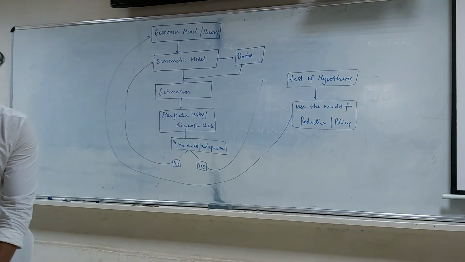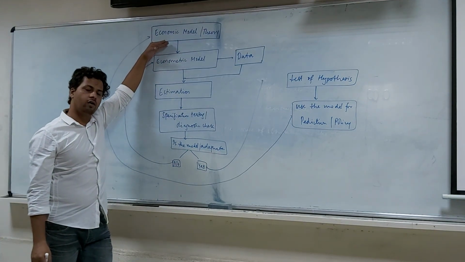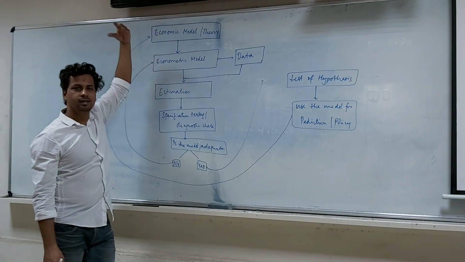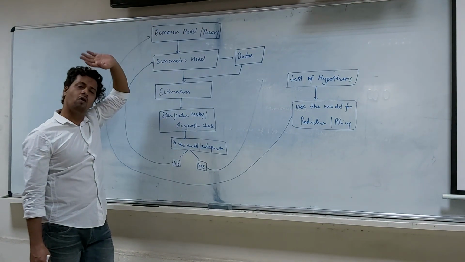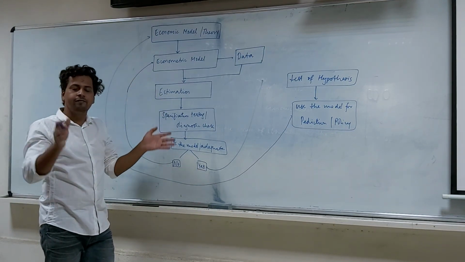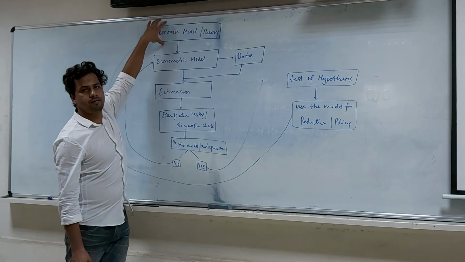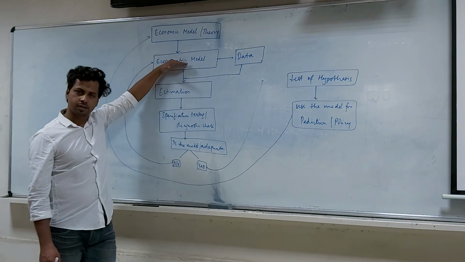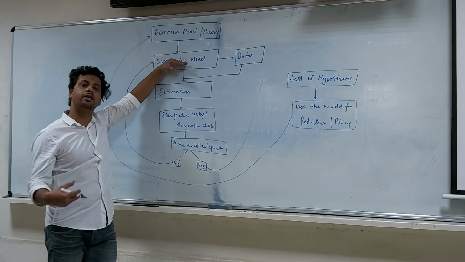So what exactly do I mean by this flowchart? The first thing that I require in devising a model in econometrics is the economic theory: consumption function, demand function, production function, utility maximization. These are all theories proposed by researchers who think that these variables behave in a certain manner in the economy. And on the basis of the theory, you define a mathematical formulation. So that's where the econometric model comes. What type of mathematical formulation you define depends on the assumptions that you keep in the model.